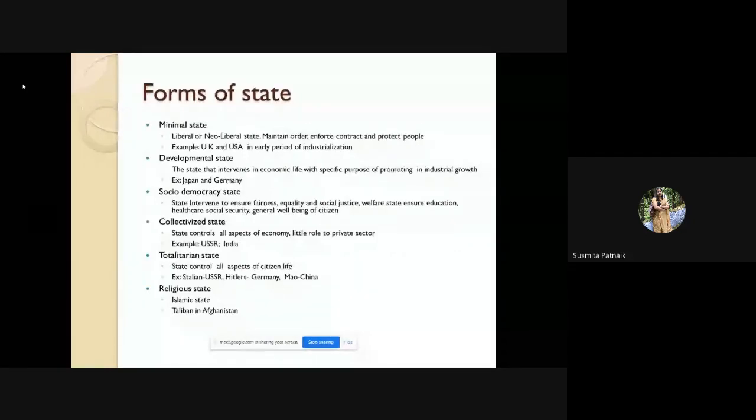In examinations you have two questions. What is state building, and what do you mean by nation building, or what is the difference between state building and nation building? Or after your decolonization process, or maybe state building and nation building in the European states, any such questions will be there.